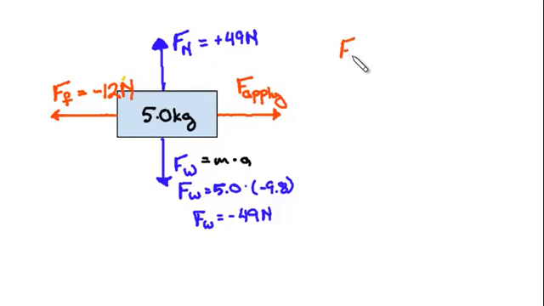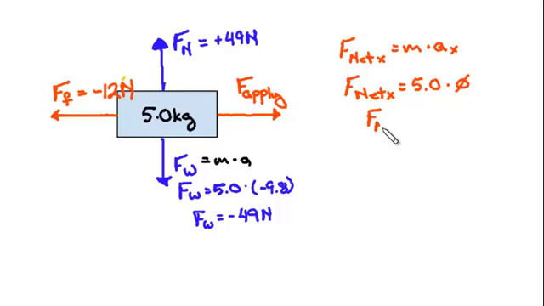Okay, armed with this information, I can go figure out what the force net is in the x-axis, and I've made this in red because it's in the x. And so that is force net equals mass times acceleration in the x. So I replace some numbers with letters. I'm told that the mass is 5.0 kilograms and there's 0 acceleration. That's in the problem. So force net, because any number times 0 is 0,